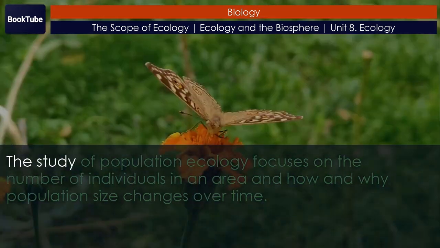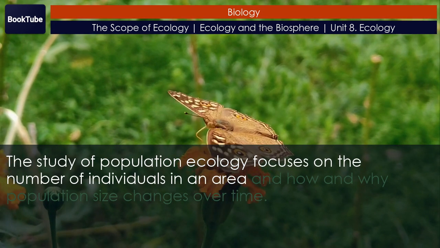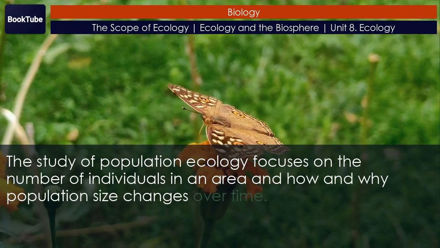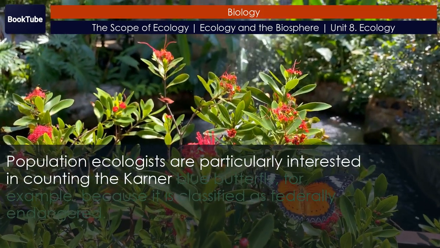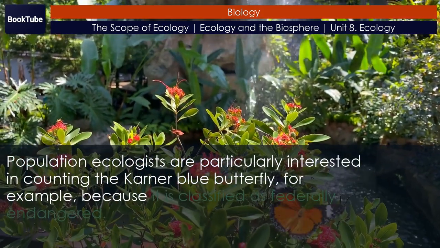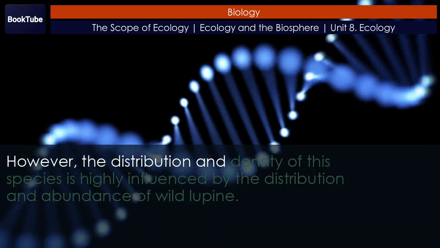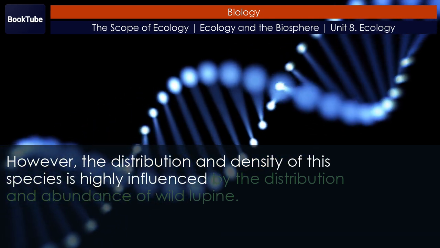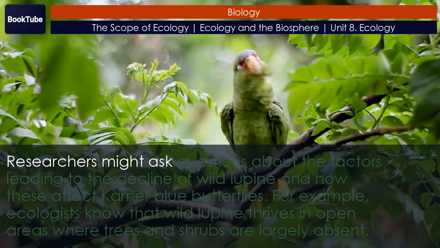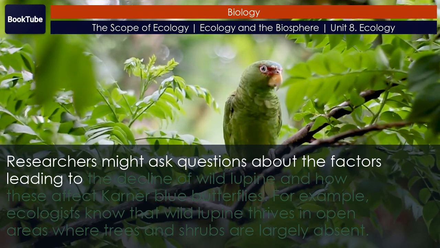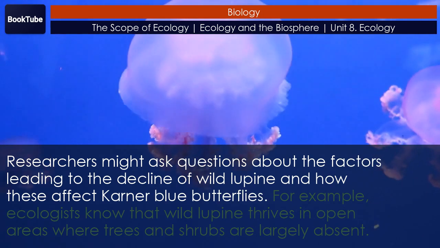The study of population ecology focuses on the number of individuals in an area and how and why population size changes over time. Population ecologists are particularly interested in counting the Karner blue butterfly, for example, because it is classified as federally endangered. However, the distribution and density of this species is highly influenced by the distribution and abundance of wild lupine. Researchers might ask questions about the factors leading to the decline of wild lupine and how these affect Karner blue butterflies. For example,